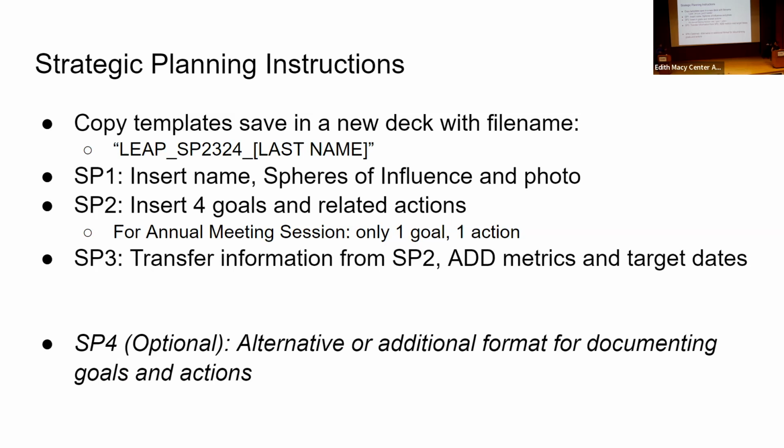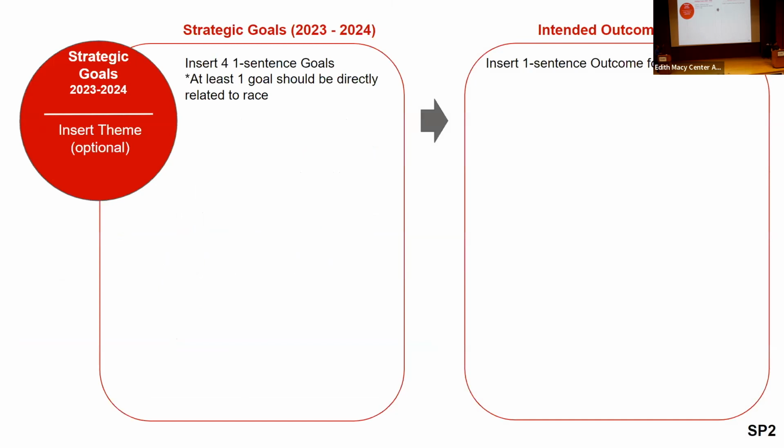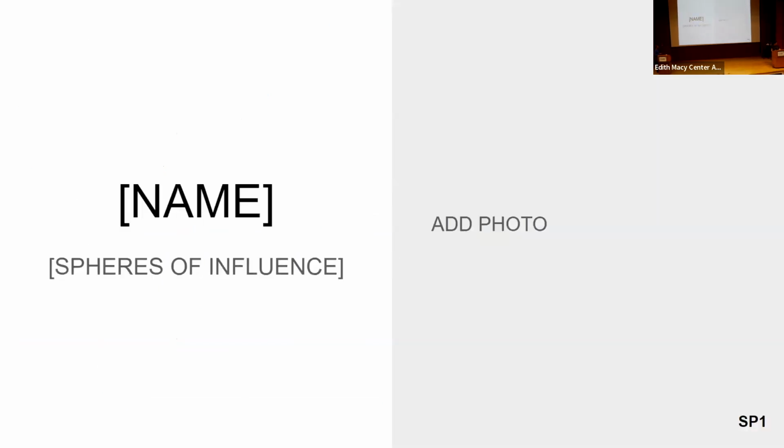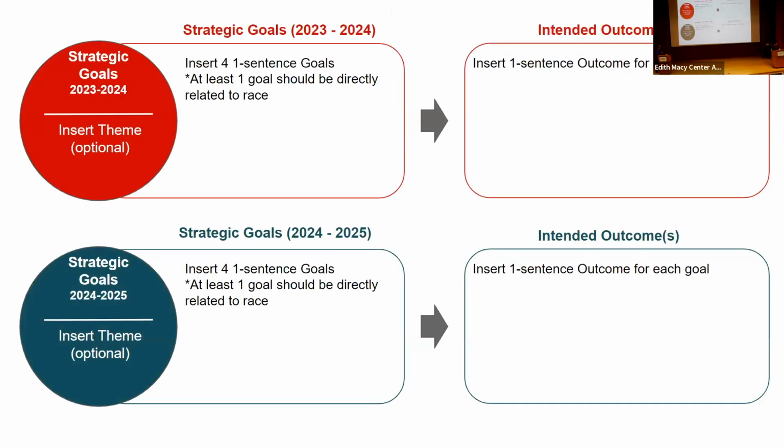Get the slide, and just copy the template to your machine so you have it, as opposed to editing that live Google Doc. Then put your last name in there. In the beginning, you can put your name and the spheres of influence. This is what it's going to look like: your name, spheres of influence, and photo. The photo is just to visually hold yourself accountable. Put your face there, or it could be a Pokemon that resembles you, or whatever you like.